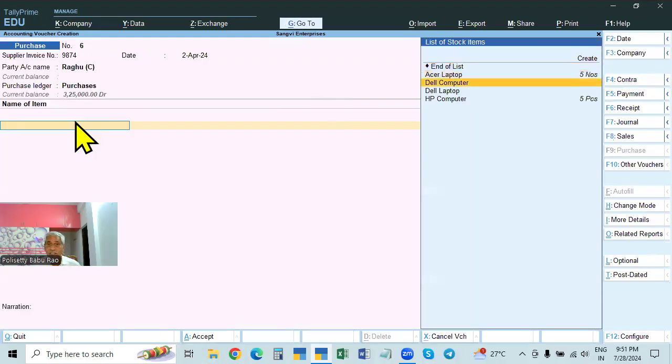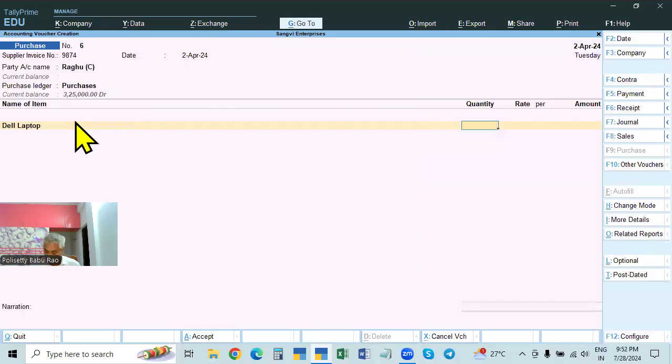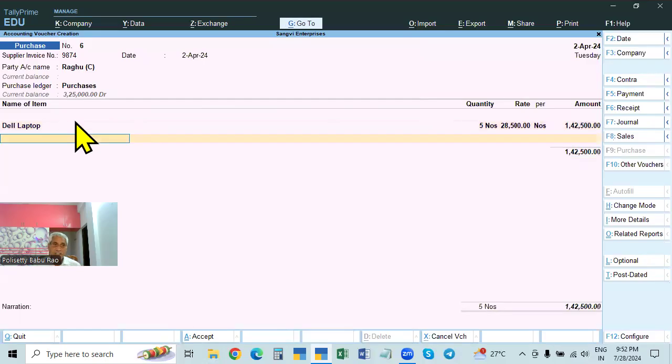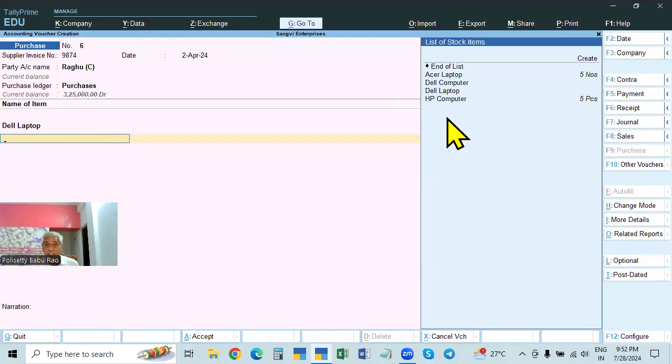Now we are selling here, for example, Dell laptop, purchasing, sorry, Dell laptop, 5 items, 28,500, for example. Okay, next, the second one. See, nothing is shown on the right side. So space bar you click, you will see the list. So next one, in this one, we are not selling a new item, we are selling